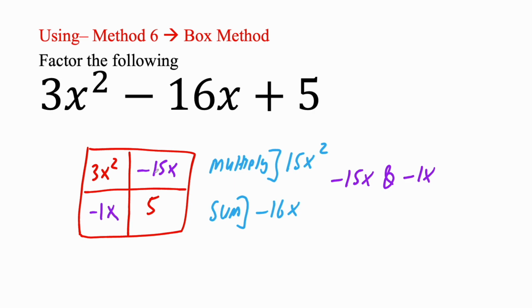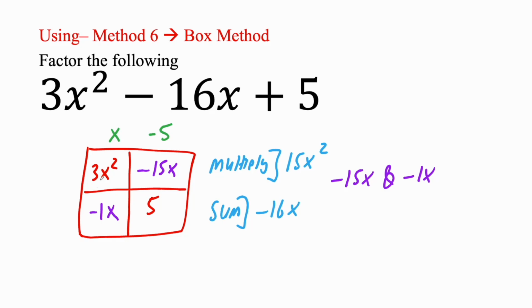Now we look at negative 15x and 5. We think, what's the greatest common factor? What's the biggest number we could divide both by and get a whole number? That's going to be 5. But the thing is, the box directly next to it is negative, so you put a negative 5. Now you have 3x squared and negative 1x. Both of these pieces have an x, so that's something in common. This is a 3, this is a 1, so the greatest common factor is just 1, or you can say